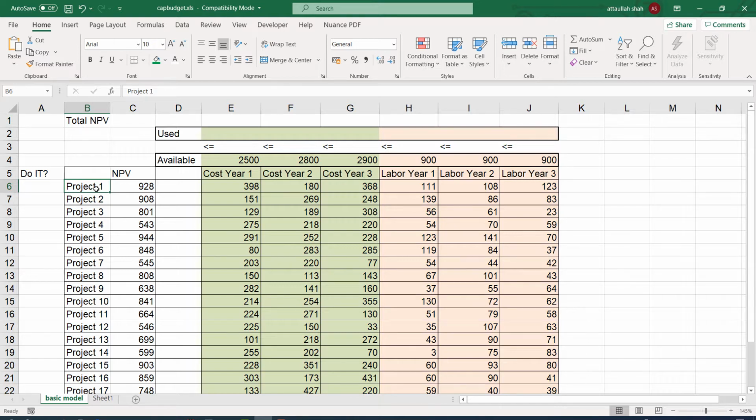Net present value is equal to the present value of all future cash flows minus the initial cost. So all these projects provide positive NPV. All these projects have cleared the first stage of selection. That is, the project NPV should be greater than 0. So all these projects have NPV greater than 0.